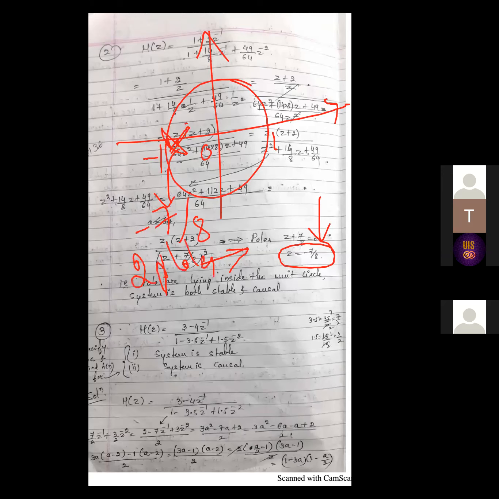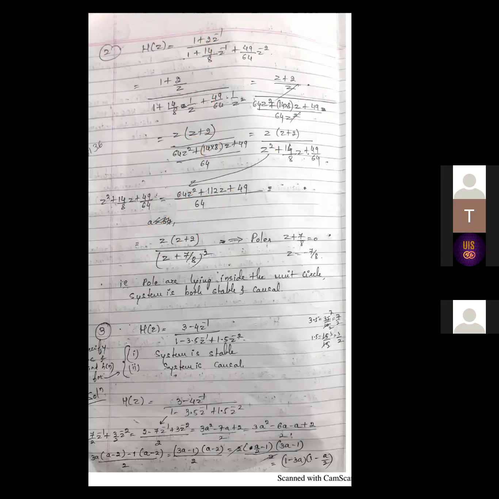Two poles. And the condition for the system to be both stable and causal is that the poles should lie inside the unit circle. Yes, the marked point is inside the unit circle. That's why you can conclude it. The poles are lying inside the unit circle, hence the system is both causal and stable. We are majorly interested in the denominator part because from that we get the pole values. Factorize the denominator, you will get the root values, that is poles. Try to mark those poles on the Z plane. You will get the idea whether they are lying inside or outside the unit circle.